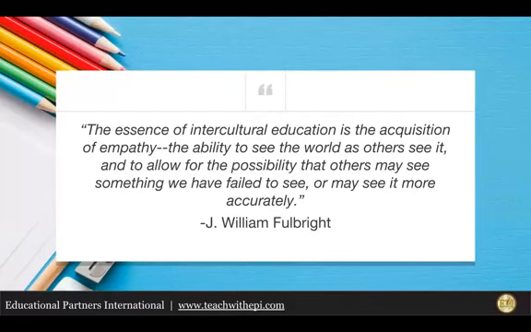He said, "The essence of intercultural education is the acquisition of empathy, the ability to see the world as others see it, and to allow for the possibility that others may see something that we have yet failed to see or may see it more accurately." Here at EPI, we are dedicated to helping teachers like you come to the U.S. so that we may learn from each other's unique perspectives, just like Fulbright talks about here.